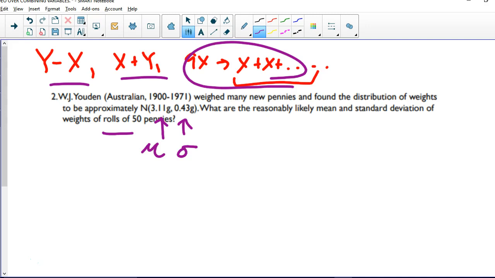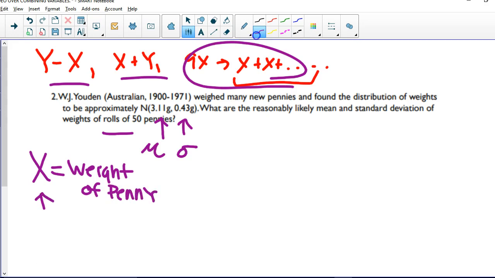Okay, so now what's happening? I have a capital letter X, the weight of a penny. I do not have a Y, but I'm still combining. I want 50 of these X's. So instead of an X plus a Y like we've been doing in the past, or an X minus a Y, I'm combining 50 pennies together. So I could write it out, well, that would take me forever. So instead, I'm just going to think of it like this,